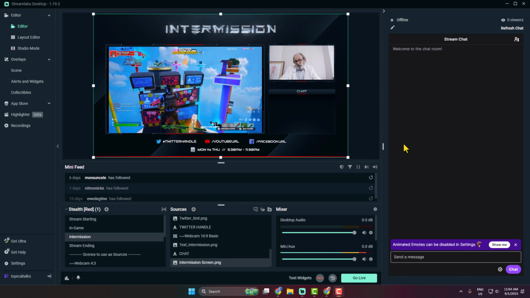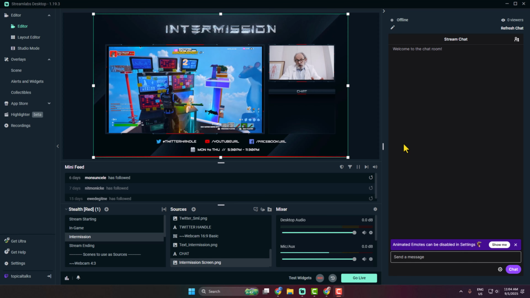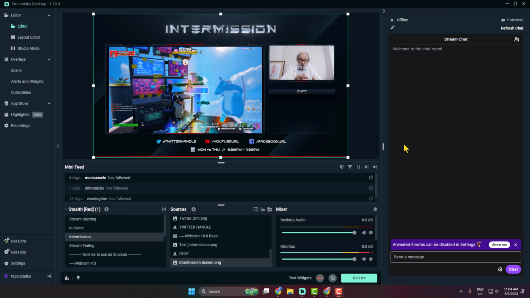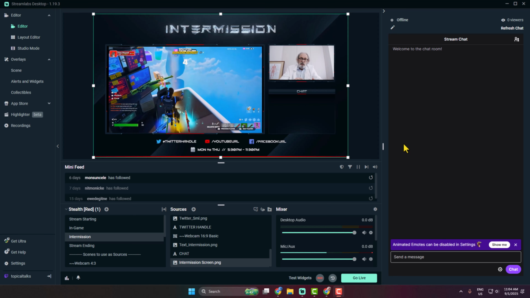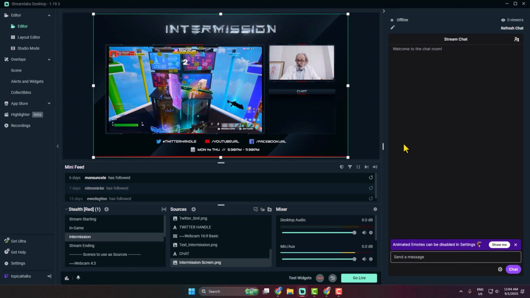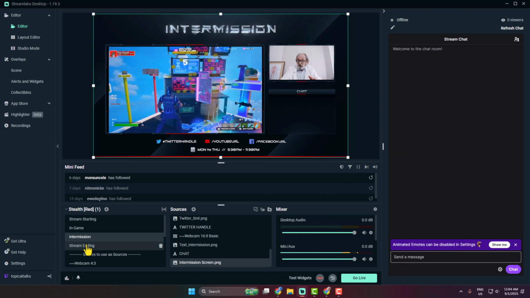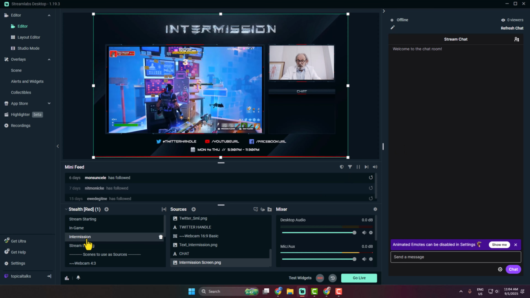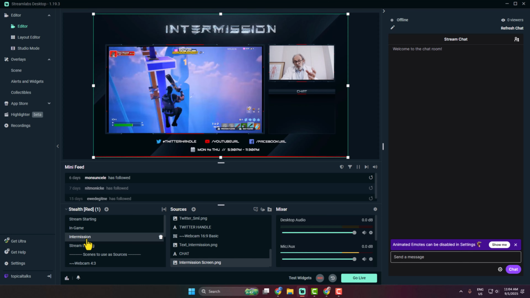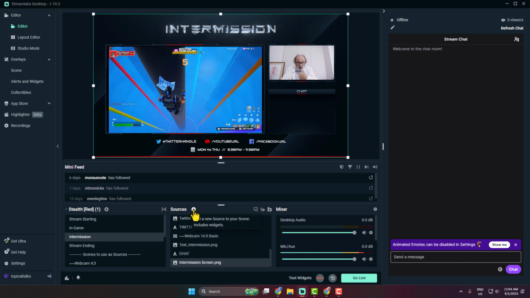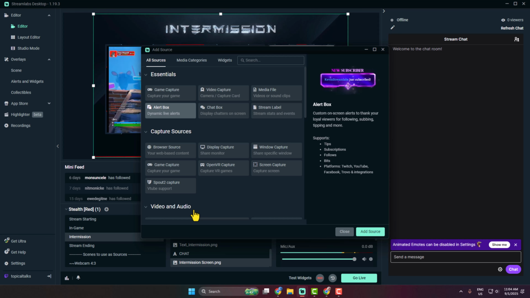In today's video, I'm gonna be walking through how to add donation alerts to your Streamlabs. Go ahead and open your Streamlabs desktop and select the scene in which you want to add the donation alert. Now click on this plus icon next to sources to create a new source, and here select alert box and